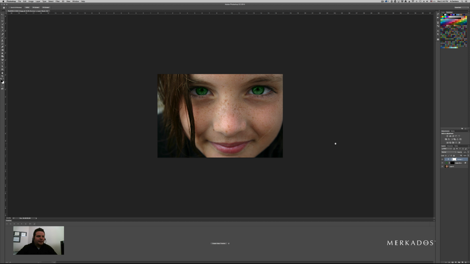So basically what is left here is to rasterize it, so you can just flatten this and rasterize it to RGB. So basically image, mode, RGB, and you would say merge, and you would change it to 8-bit, and now you can work with it. But of course the better way to do it is to change this to a smart